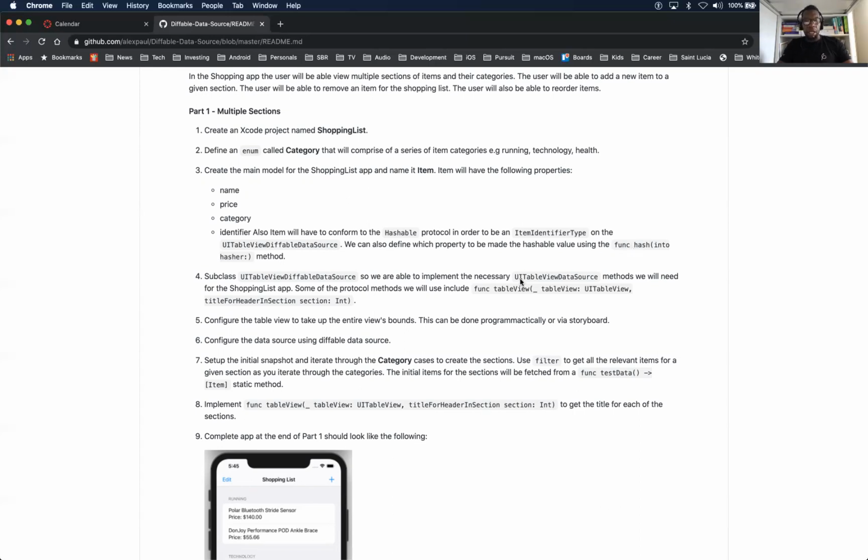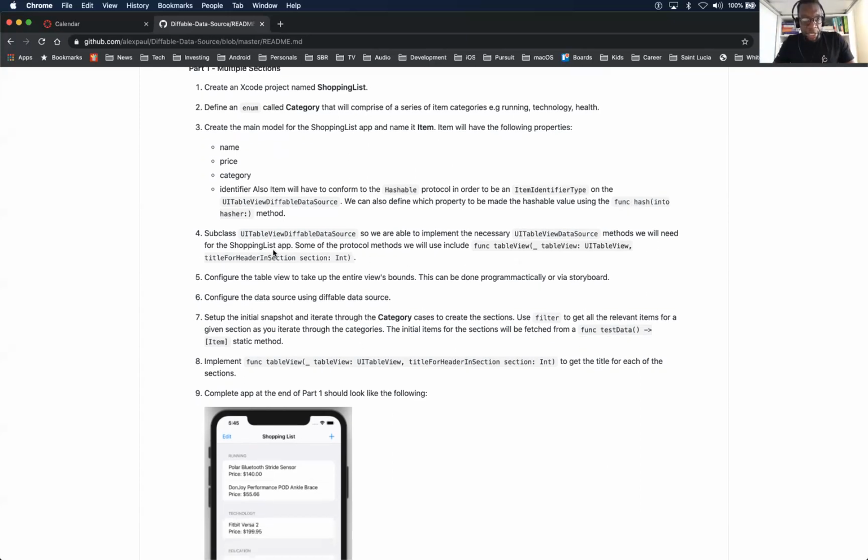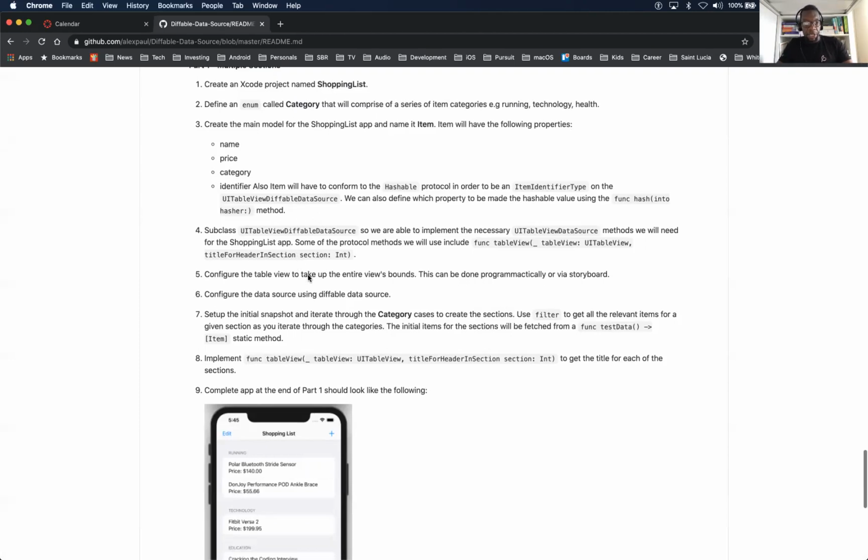And on that identifier, we'll take it one step further and make it the hashable property of our item. And as we said earlier this week, today we'll take a look at subclassing UITableViewDiffableDataSource. We'll subclass it because we'll be able to now encompass protocol methods like titleForHeaderInSection, because we'll need that. So we'll have a separate class that has the title for header in section function, along with any other protocol methods we want. So we'll take a look at how that subclass will work.